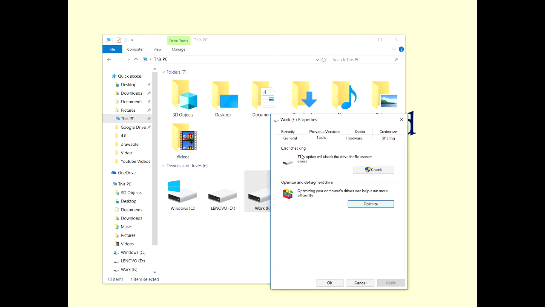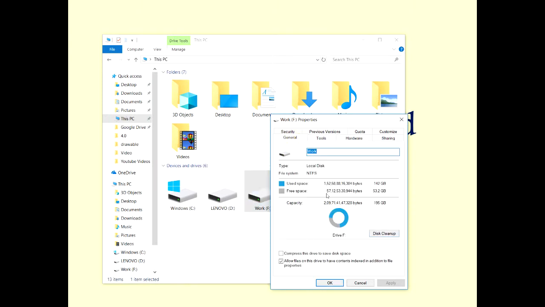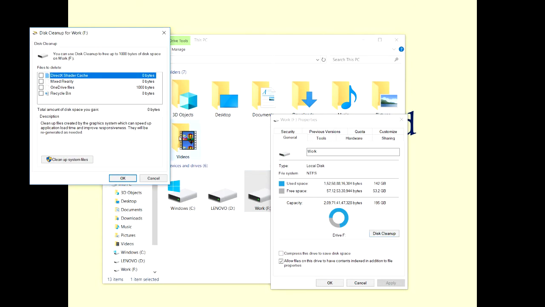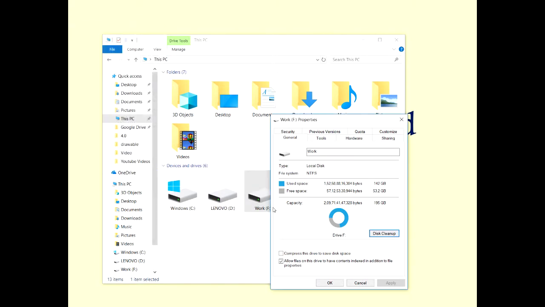Here is one more option. Go to the general tab. You can see the disk cleanup option here. Go to disk cleanup, and it will ask you which particular files you want to delete, like mixed reality, OneDrive, recycle bin, like this. So you can click on clean up system files and click on OK. This is the way to clean your disk, optimize it, and check the disk. So doing this will